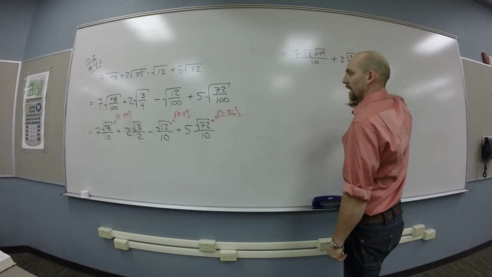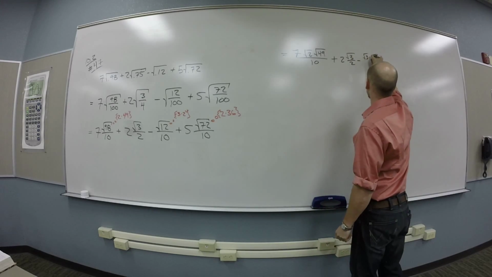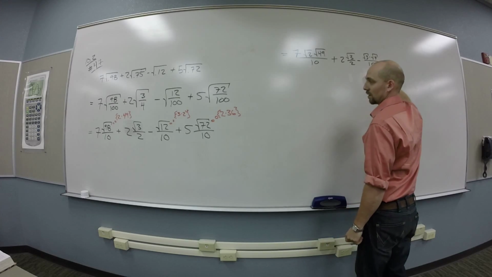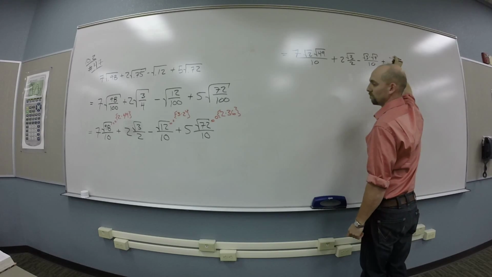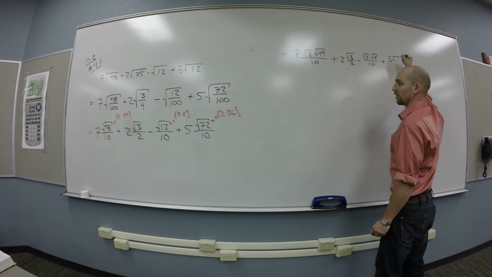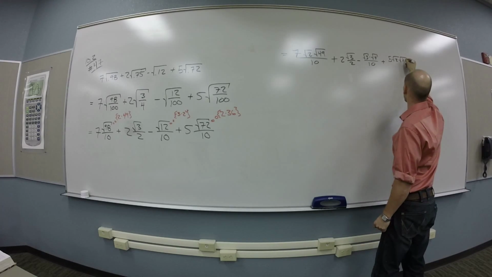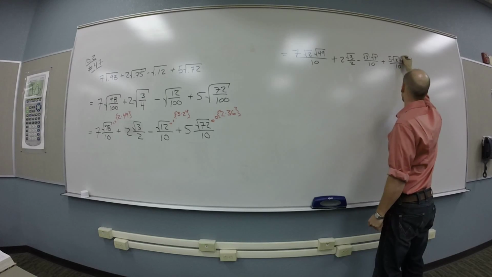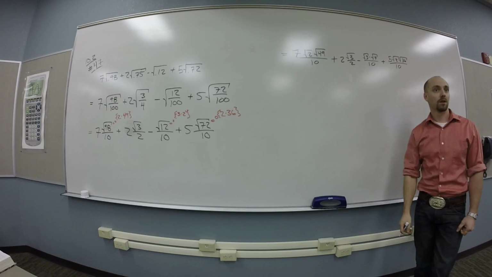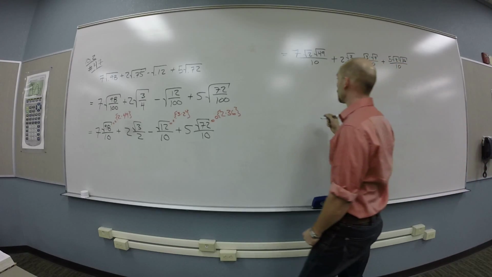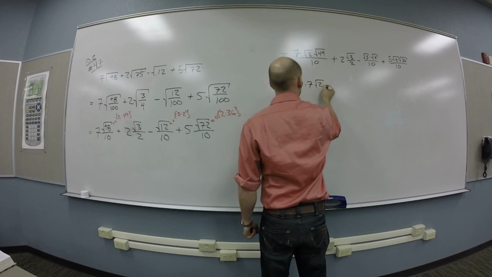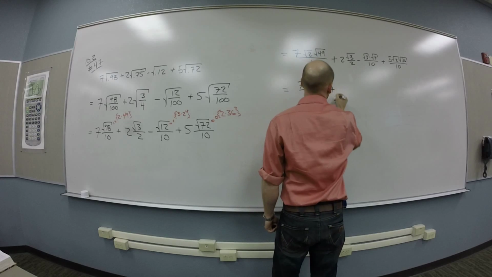And then we get minus the square root of 3 times the square root of 4 over 10, plus 5 times the square root of 2 times the square root of 36 over 10. Right? Okay, so then we go through and replace the bits we can. So I've got 7 times 7 root 2's over 10 plus